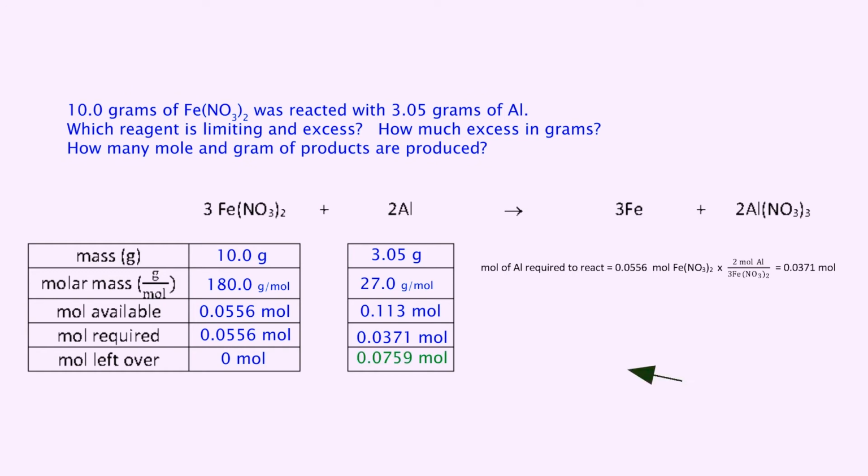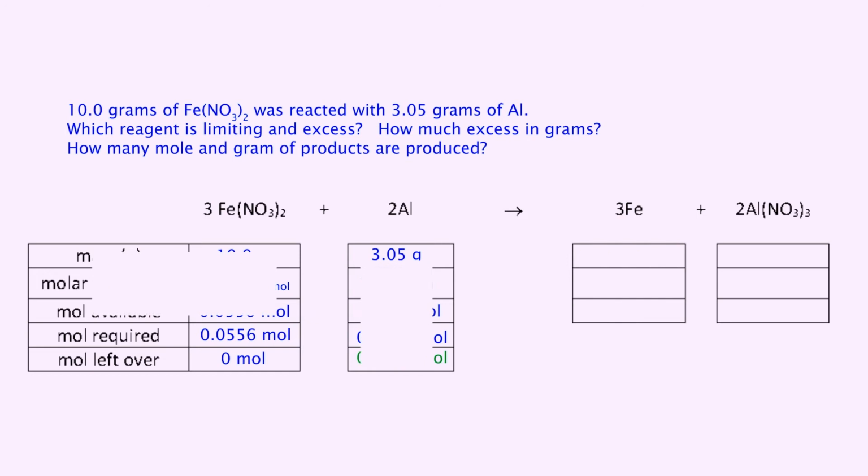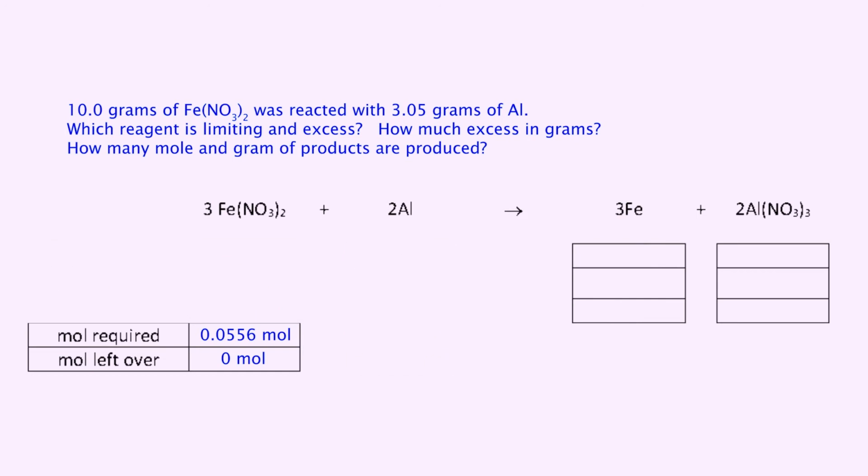The difference between the moles available and the moles required for aluminum gives the excess moles. This must be a positive number. If it is negative, then we have the wrong limiting reagent. To calculate the excess grams, multiply the excess moles with the molar mass, grams per mole, for aluminum, which is 27 grams per mole. Now, to determine the theoretical yields, which are limited by the iron(II) nitrate of 0.0556